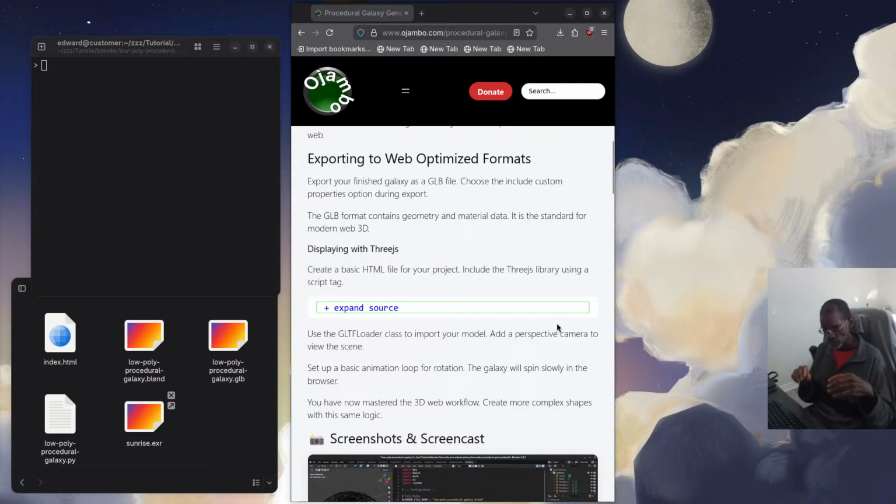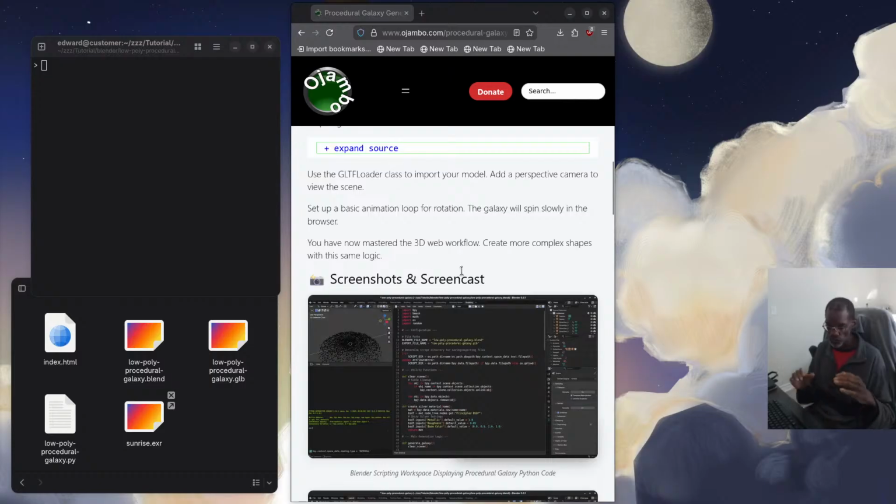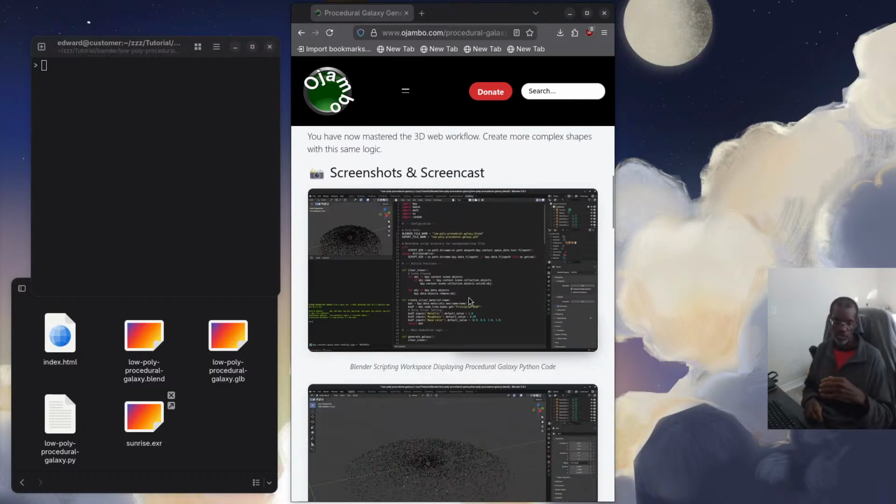So this is perfectly fine for at this point in time. I'm okay with this Three.js. Okay, then we have some screenshots. You can see, as usual, the code to generate it, and then